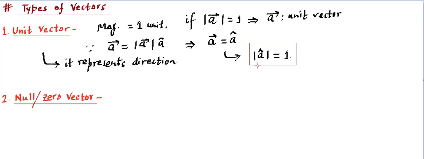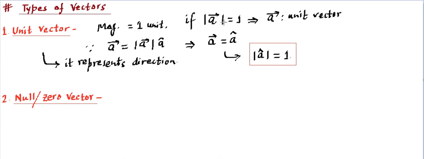That means the magnitude of direction is 1. This is how we define the direction, that we take the magnitude of that direction as 1. That's why we multiplied the direction with the magnitude, it does not change the magnitude, right? So A cap or any cap will have 1 as a magnitude, and the unit vector will be indicating direction. So that's an important type of vector you need to remember.